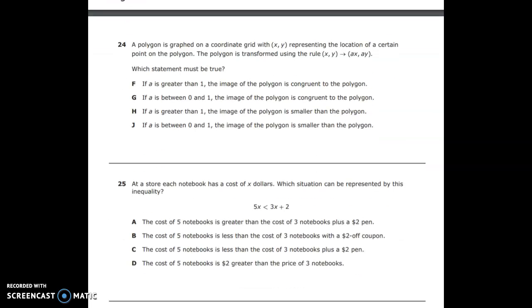Number 24. A polygon is graphed on a coordinate grid with x, y representing the location of a certain point on the polygon. The polygon is transformed using the rule x, y yields ax, ay. Which statement must be true? If a is greater than 1, the image of the polygon is congruent to the polygon. If a is between 0 and 1, the image of the polygon is congruent to the polygon. If a is greater than 1, the image of the polygon is smaller than the polygon. If a is between 0 and 1, the image of the